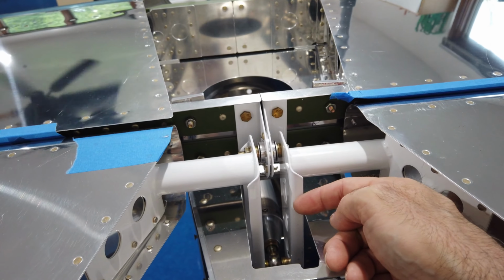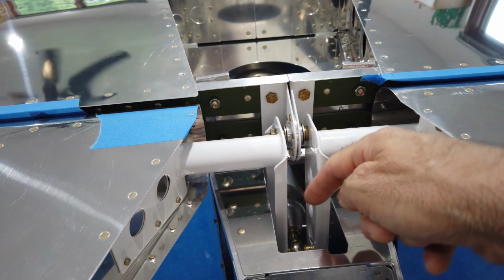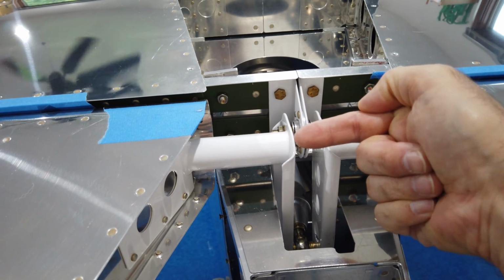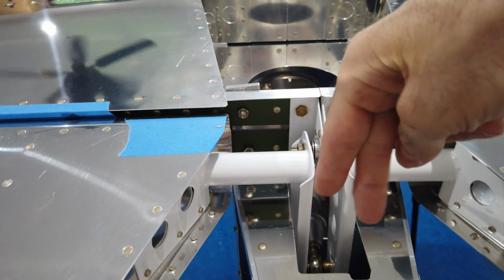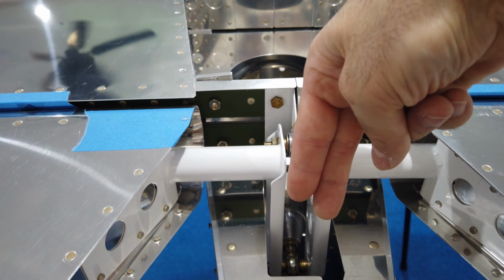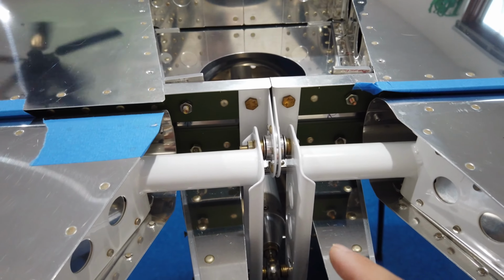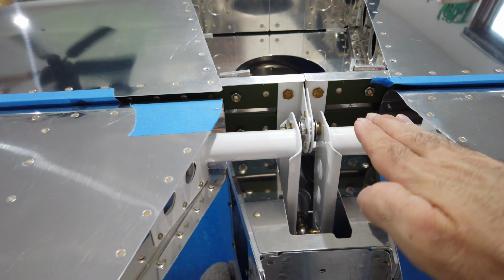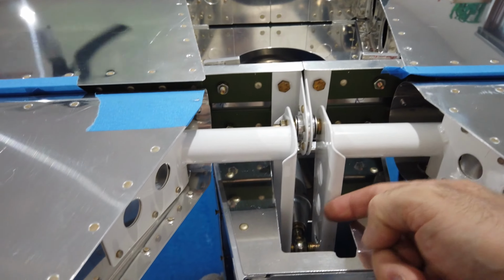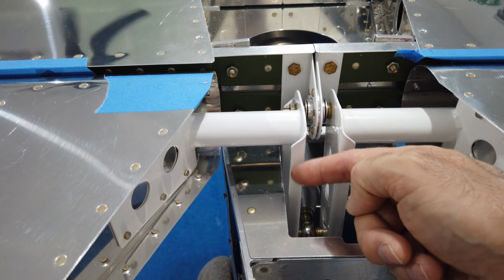This control horn happens to be a little bit further aft than this control horn down here at the tips. They line up here, but they're just a little bit off this way, if that makes sense. One's a little bit further back than the other, which is fine. But because of that, when I go up elevator, this right side horn hits this cutout before this left horn